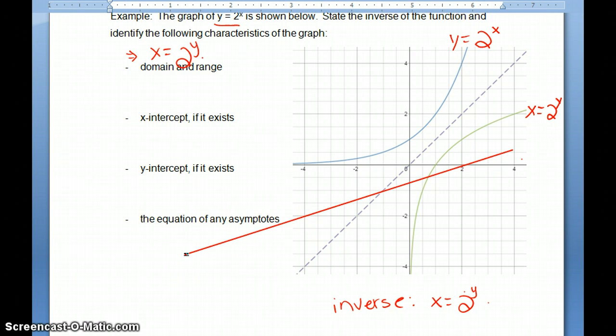The first one here, we're looking at our domain and the range. And so looking at that there,